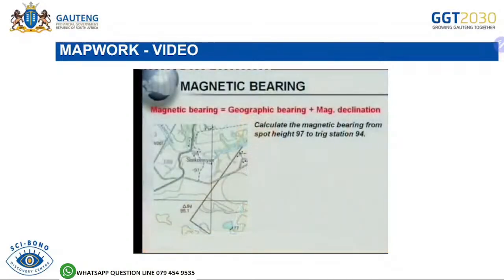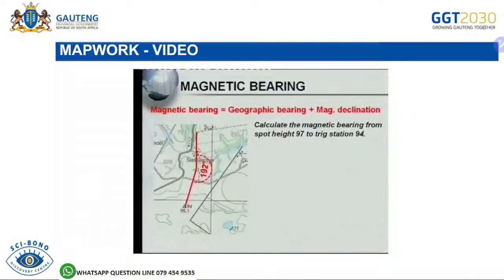Let's have a look at the question again. Calculate the magnetic bearing from spot height 97, which is here, to our trig station 94 there. So let's just do that. Now, if you have a look at this, then your bearing would be